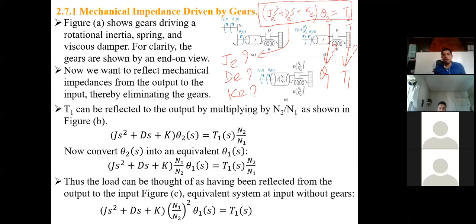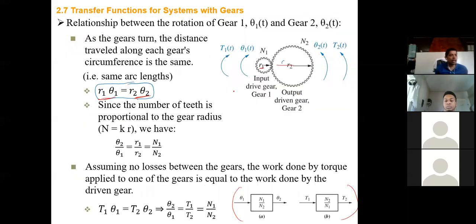All right, so let's begin with theta 2 and theta 1. Let's figure out these two first, theta and T. What is the relationship between theta 2 and theta 1? What is the relationship between T2 and T1? Let's figure that out, okay? To figure that out, we use this example here. So if you go from theta 1 to theta 2, what do you do? Your theta 2 is